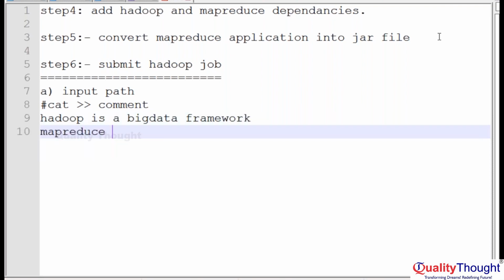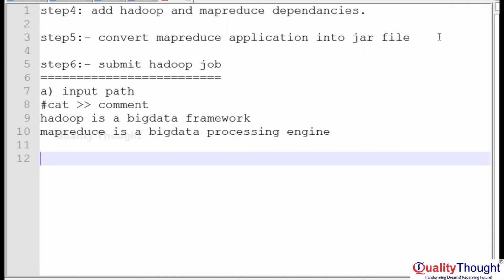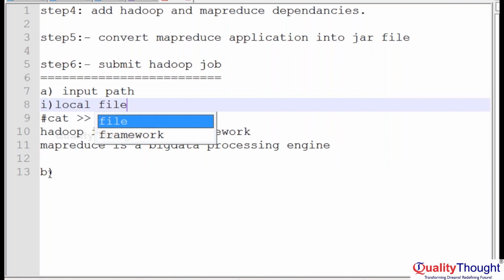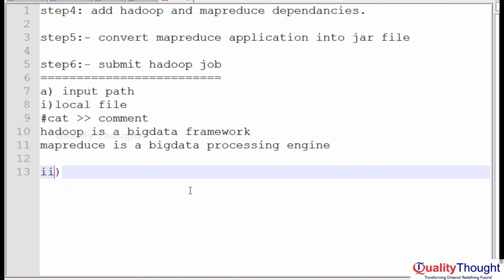MapReduce is a big data processing engine. Next one, input path, right? So this is a local file, and to place this local file into the input path location, for this one we are using